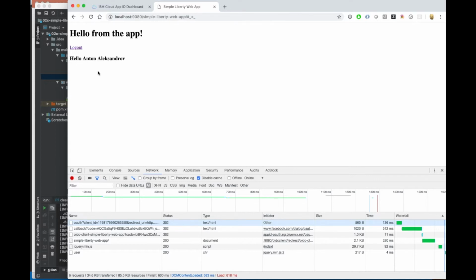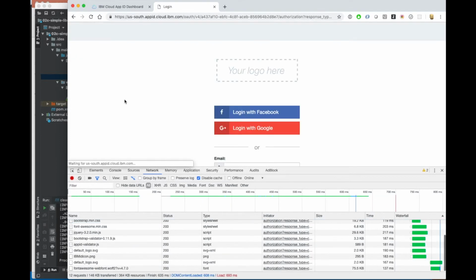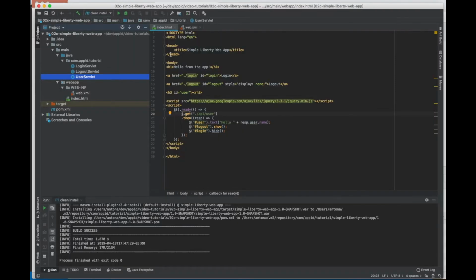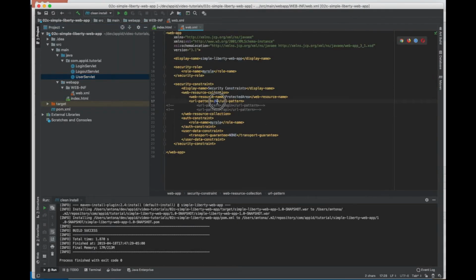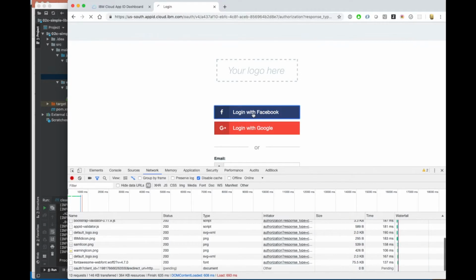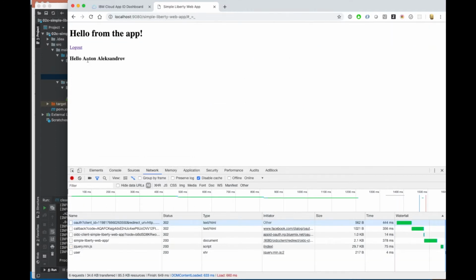So at the moment, right, everything is protected. The moment I log out, I don't have an opportunity to do anything else in my application. I have to log in order to see anything, right? And this is basically happening because of this URL pattern definition, right? You remember that currently everything is protected. Okay, so in order to make this experience a little bit more flexible, basically maybe I do want to have